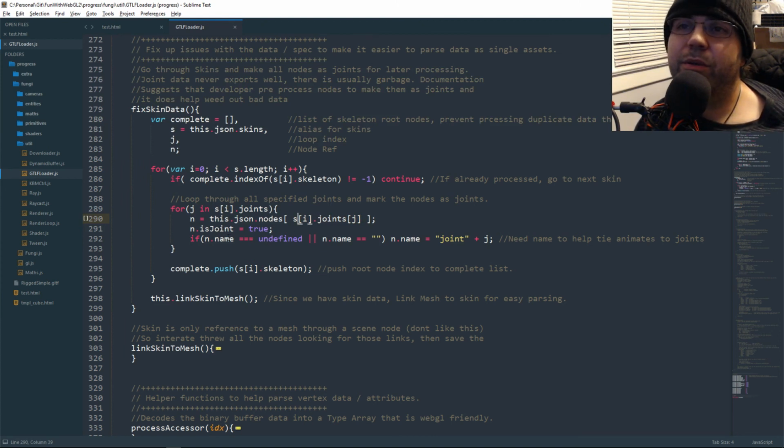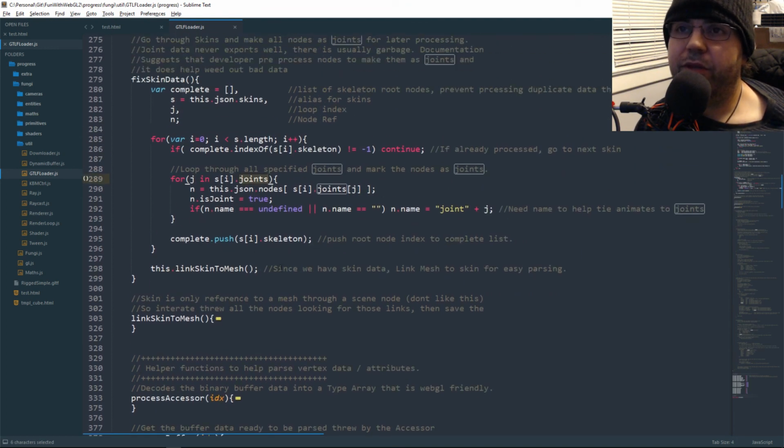So yeah, this new line of code for fixing skin data: if the name is not defined on a joint that I'm marking as a joint, if it has no name, just create one. So "joint" and then the index value, because I'm looping through the skins, going through the skin joint by joint. I loop through all the skins, every skeleton that's in the file, and just fix them up,